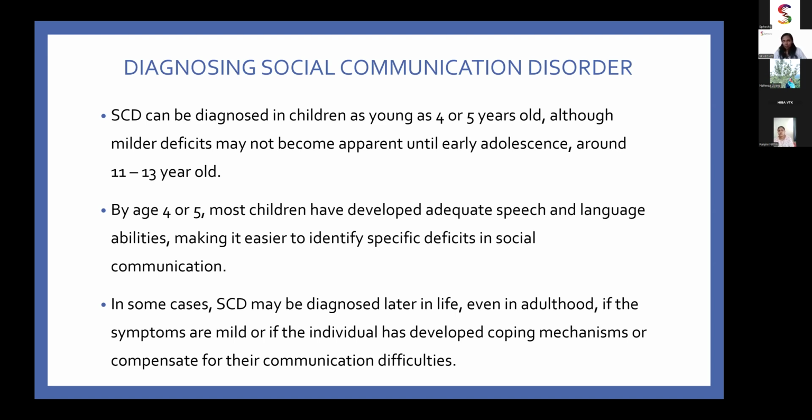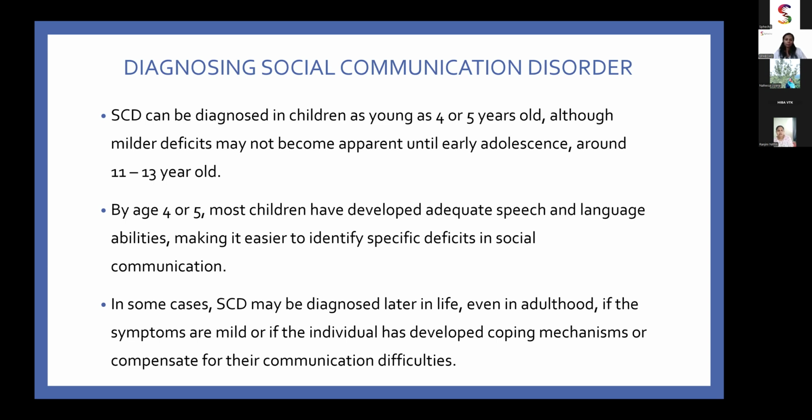By 11 to 13 years old, we will see that developmental delay happening, or all these issues that we discussed so far, and their language might have developed because of it, which makes it easier to identify. Also, in some cases, it is seen later in life, even in adulthood. This could be mainly because the symptoms would have been mild when younger, so there might not have been an intervention done, or because of which they coped. They must have developed coping mechanisms of their own, and thus they were able to compensate for their